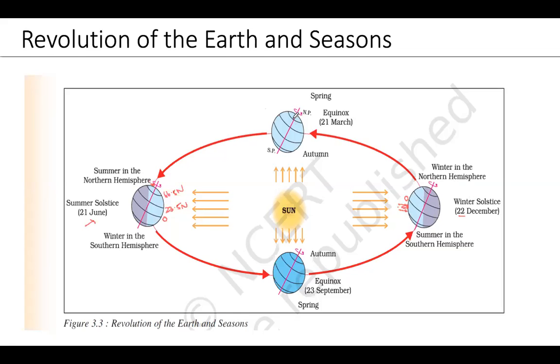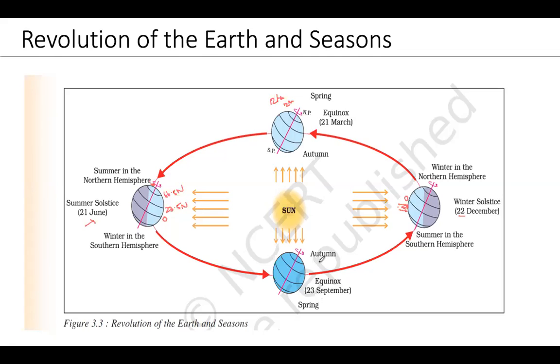Then here, it comes to March, then like this. So this part I explained to you. Exactly on 21st March and 23rd September, the sun rays will fall directly on the equator. When it falls directly on the equator and the angle is also adjusted, all the latitude places will have equal hours of day and night. In March, we call it spring, and here we call it autumn. This happens on 21st March and this happens on 23rd September.